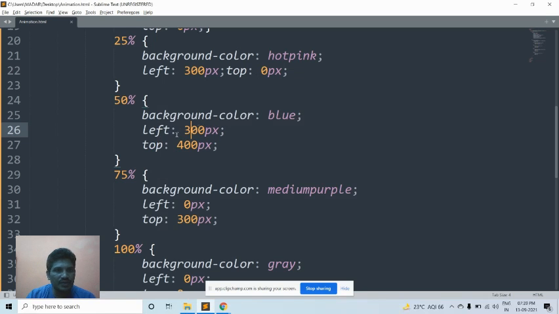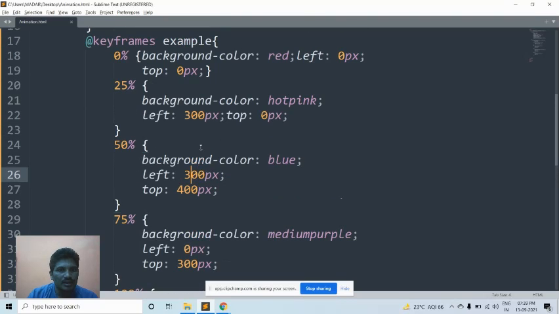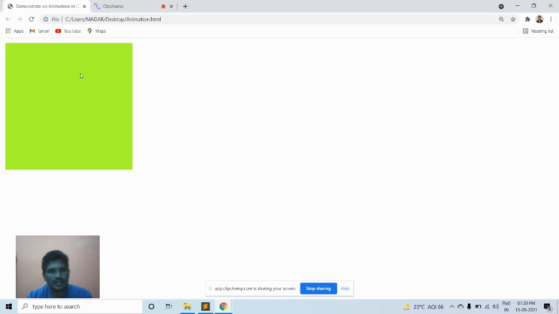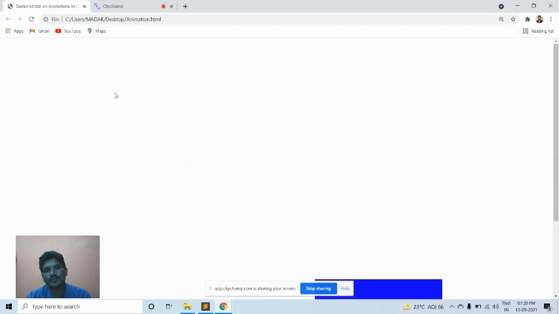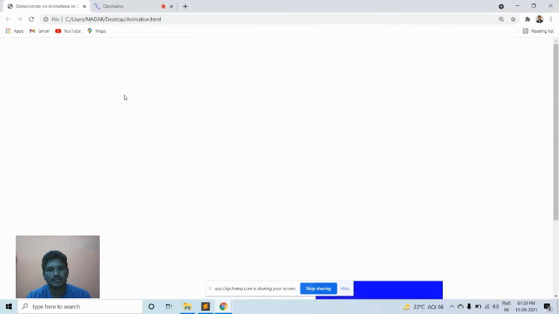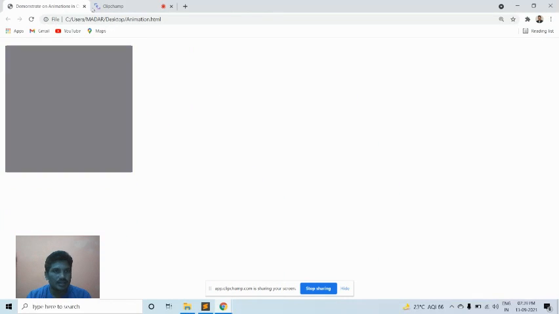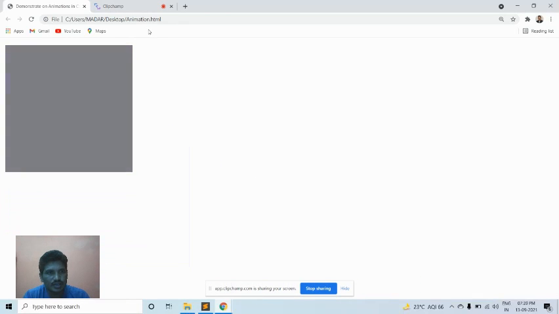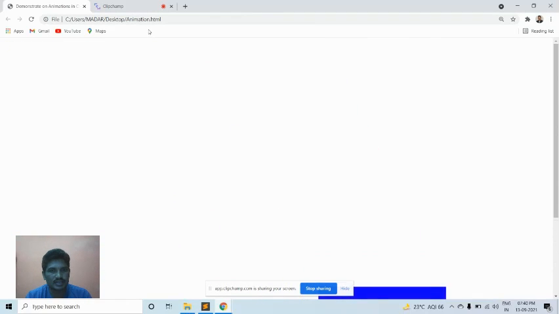Because left, if you increase, then 500 pixel. Suppose it comes to 100. Then when you change this one, it will automatically change. Did you observe that? This is a way how to make an animation using the animation properties.